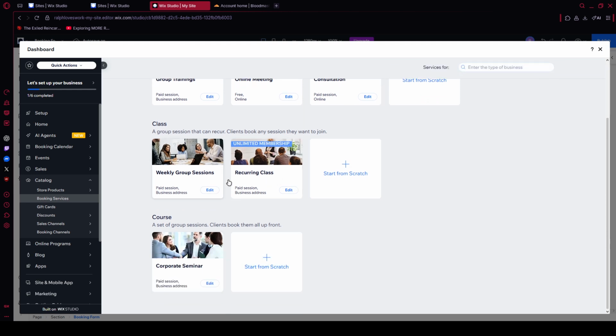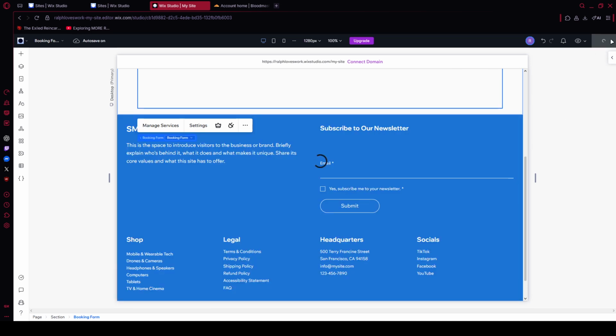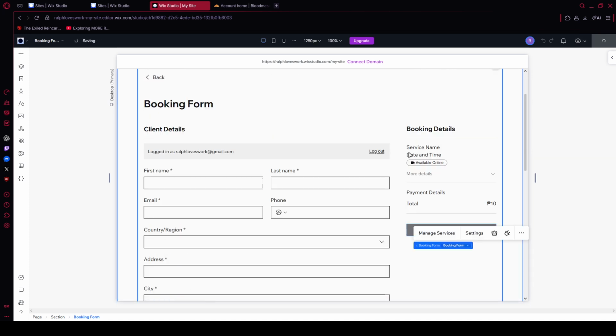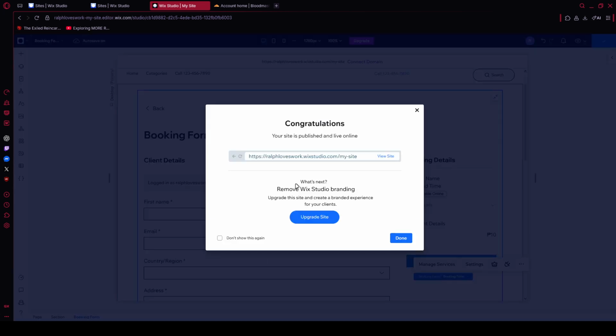Finally, review everything carefully. Double-check pricing, staff availability, and your contact information for accuracy. Click Save to add the service to your library. Make sure your Book Online page appears in your site menu so visitors can find it easily, then click Publish. Your site